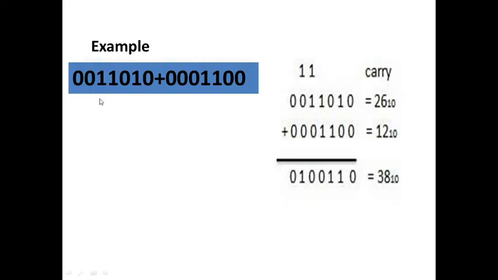Now we will add this. Let's take an example, this A plus B. Do the binary addition. You write the first number plus the second number and you have to start from the LSB, the way you do it in your normal mathematics. Start from LSB. 0 plus 0 is 0. 1 plus 0 is 1. 0 plus 1 is 1. 1 plus 1 is 0, carry 1. Whenever a carry is generated, you have to write it on the top of the neighbor. So 1 plus 1 is 0, carry 1.